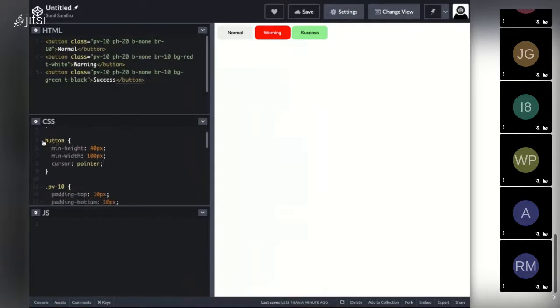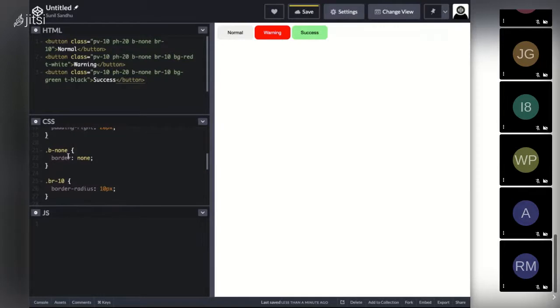If we look at this, we've got this button that all of a sudden just has a height, a width, and a cursor on it. But then we're creating these reusable styles here. So we've got padding or PH, which, look, you can call these whatever you want. I've just put PH as in padding horizontal. Well, maybe it's not horizontal. Maybe it should have been vertical. In fact, that's completely wrong. It should be the other way around, as in the horizontal lines on the top and bottom. Anyway,